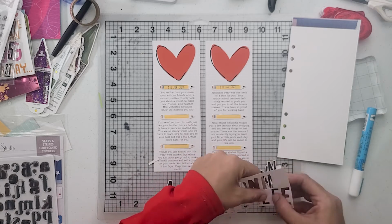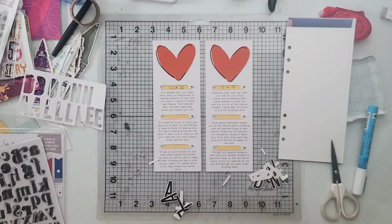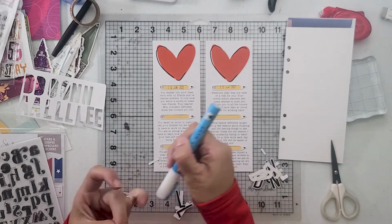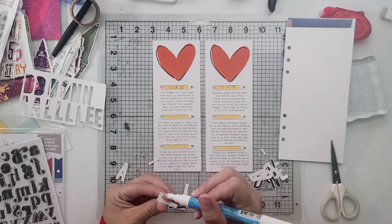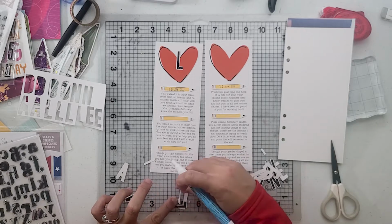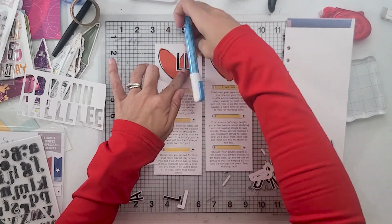and I have the dies for these, so I don't have to fussy cut those out. Amazing, absolutely amazing, saves me so much time. And we're going to put down, it took forever to try and figure out this title, I have no idea, but pretty much it just says all done, because I was trying to